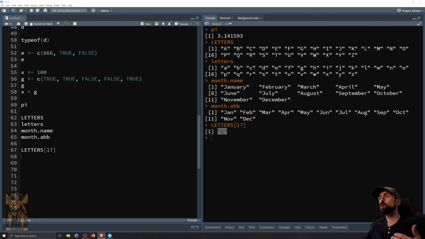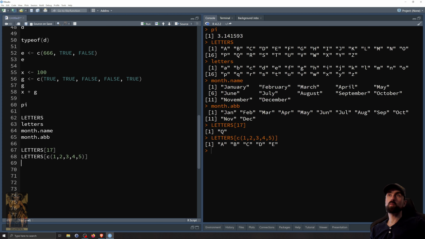If we want to list out maybe something like the first 5 letters of the alphabet, what we could do is type letters, put some square brackets, and use the concatenate function and type something like 1, 2, 3, 4, 5. Run that, and it gives you the first 5 letters of the alphabet. Alternatively, the more efficient way of doing that would be to just go 1:5,